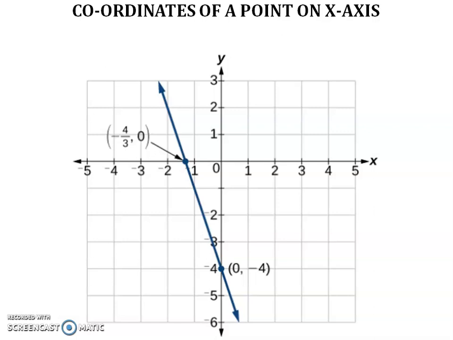So what is the peculiarity of a point that lies on y-axis? That is, the x coordinate will be 0. Students, you should take care about that. The point that lies on x-axis will have the y coordinate 0 and the point which lies on y-axis, the x coordinate will be 0. If you understand this point, we will go to question number 5.